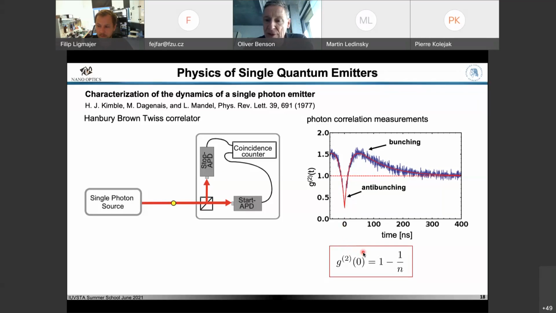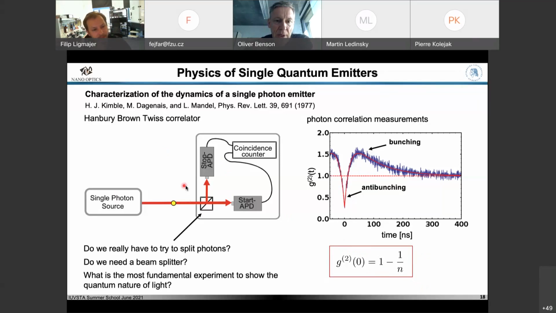It's just 1 minus 1 over n, where n is the number of independent quantum-like, atom-like emitters. And if it's only 1, obviously this goes down to 0, so you should never expect a coincidence count of these two detectors. Yeah, there's some debate. Well, one interpretation would be a photon is a particle-like object and it falls on a beam splitter and you cannot split it. So the photon has to decide whether it's supposed to go up or to the right. And you can never, therefore, detect it at the two detectors at the same time.